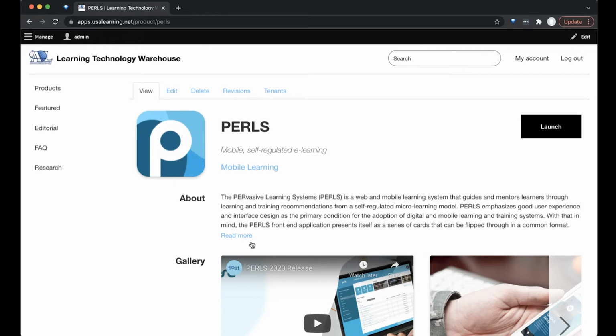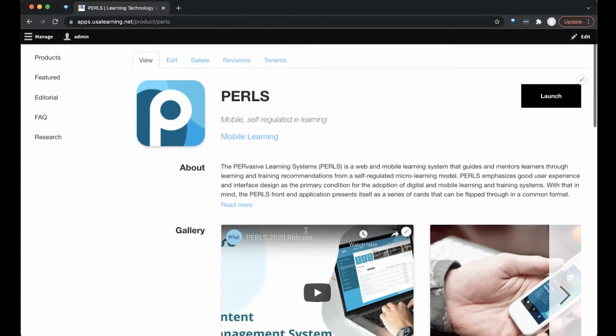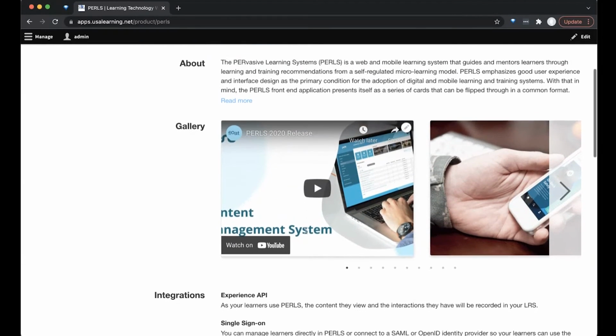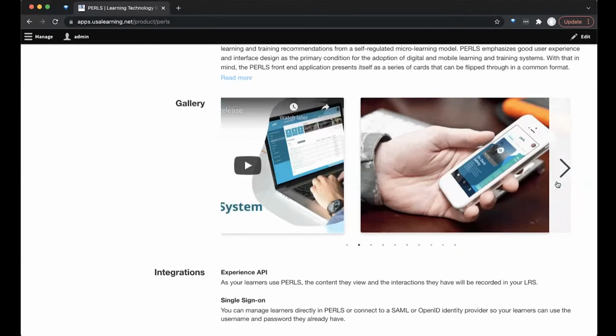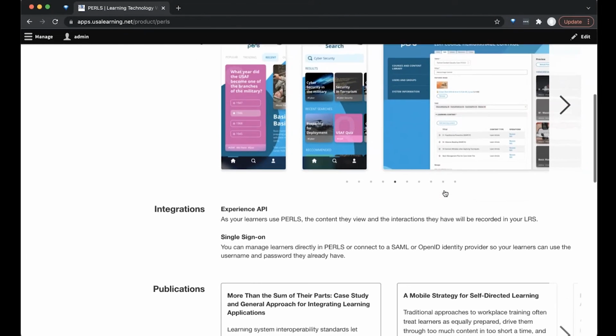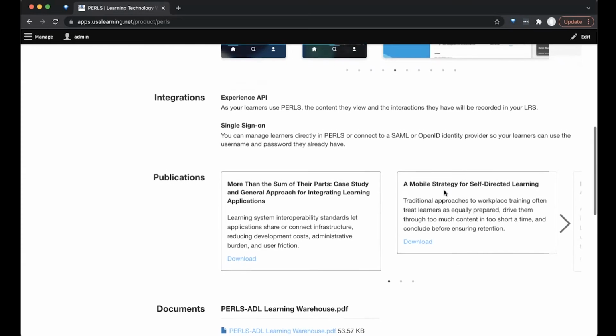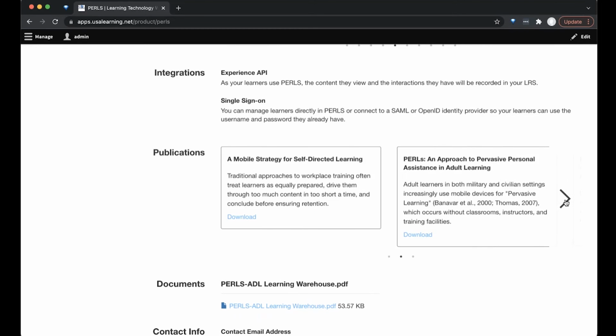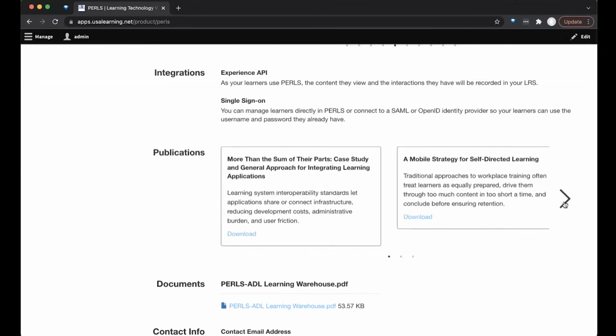When we take a look at a listing for a product in the app ADL Learning Technology Warehouse, you'll see that we have an overview for the product, that icon nice and bold, basic metadata of what the product actually is, image and video galleries that give the viewer an idea of what they can expect when they're using that particular application. If there are any appropriate integrations or required dependencies that might be necessary. If there are research publications available that back up or provide more details on this product